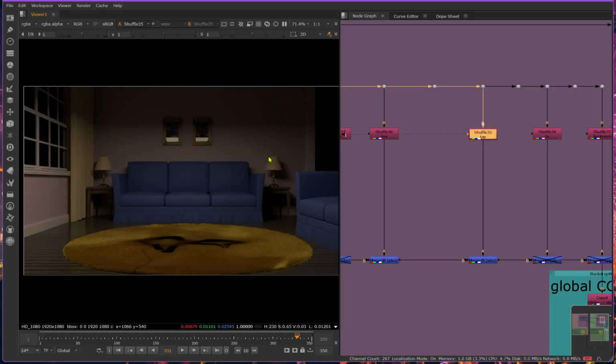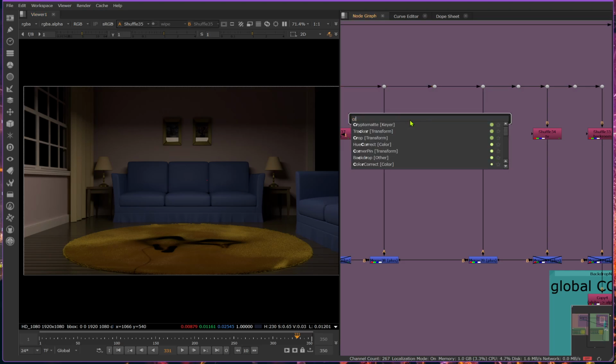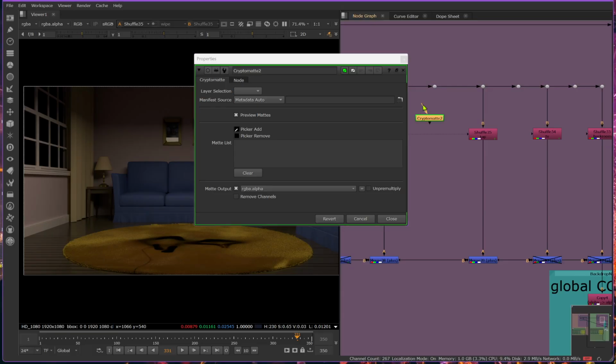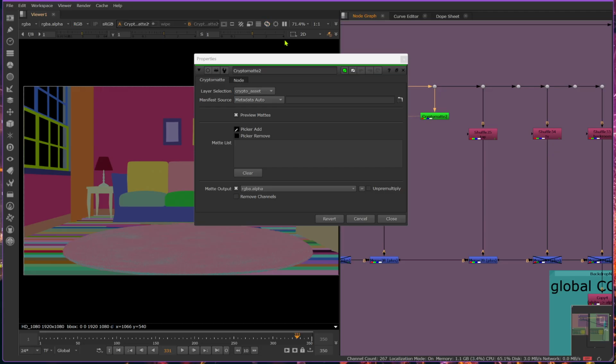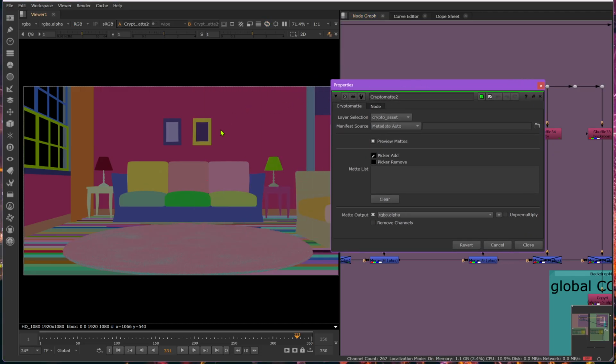So I'm going to show you 2 or 3 different ways, hopefully pretty quickly, that y'all could ideally isolate and get rid of this, maybe with slightly different results to the overall image, but different ways you could approach this. So way number 1, my right off the bat first thing that comes into my mind is a cryptomat. So if I throw a cryptomat in there, and I view it,